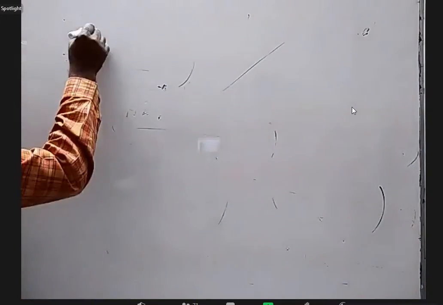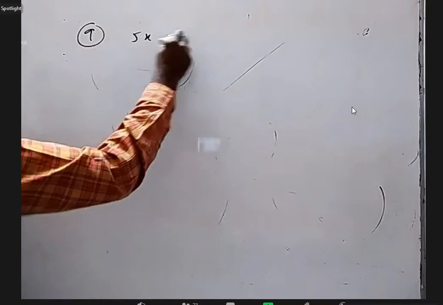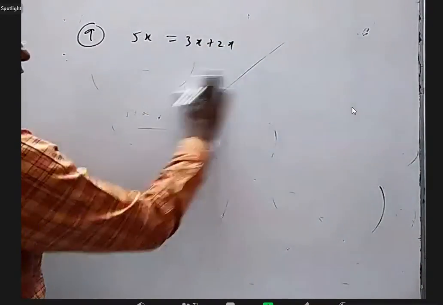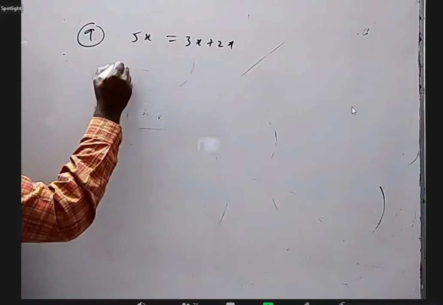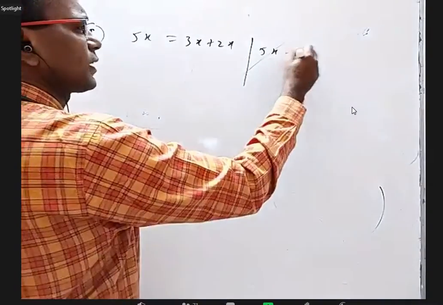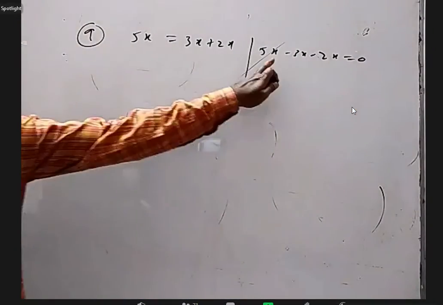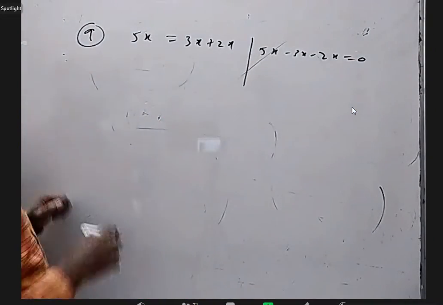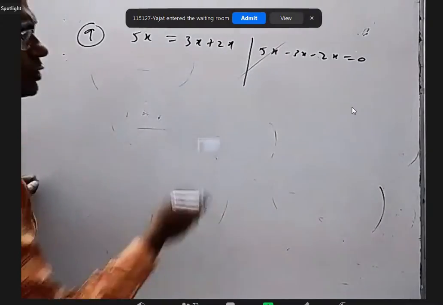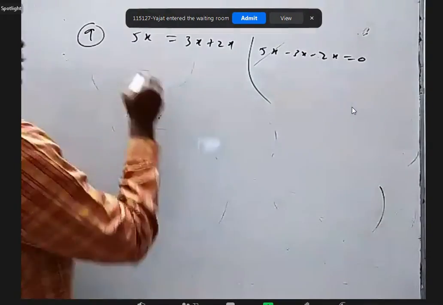So ninth question, you simply write 5x is equal to 3x plus 2x. You can even also write 5x minus 3x minus 2x equal to 0 and apply tan. Here you have to use the tan a plus b plus c formula. Here apply tan and do cross multiplication. Both are same. If I take this,